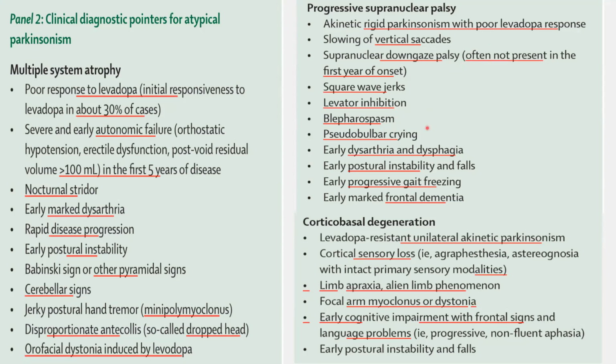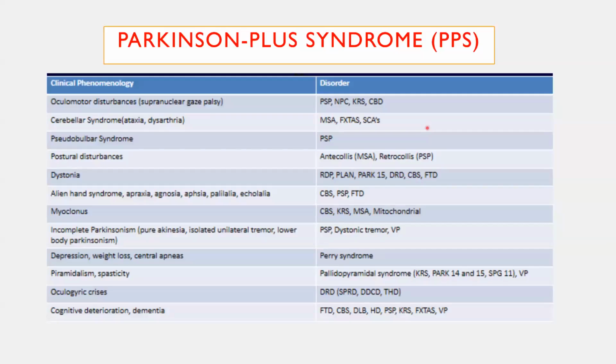And the other one is corticobasal degeneration, in which patient will be having asymmetrical akinetic Parkinsonism, hemiparesis, hemisensory symptoms, cortical sensory loss, alien limb phenomena, limb apraxias, focal myoclonus, along with frontal lobe signs. Okay, these are all the spectrum of diseases belonging to the Parkinson plus group of diseases. So this is a similar slide, you go through it once finishing the class. Okay, next slide.